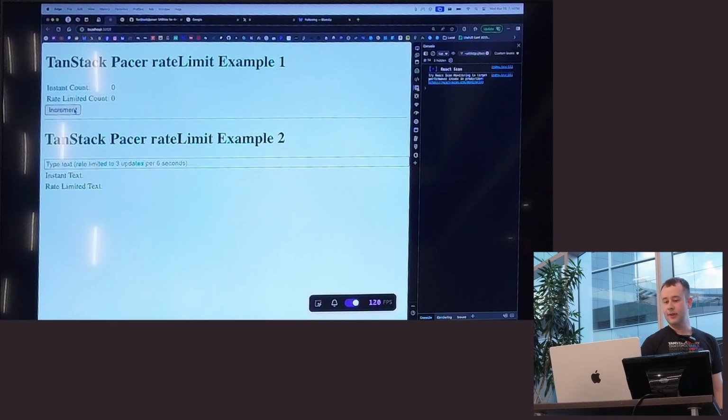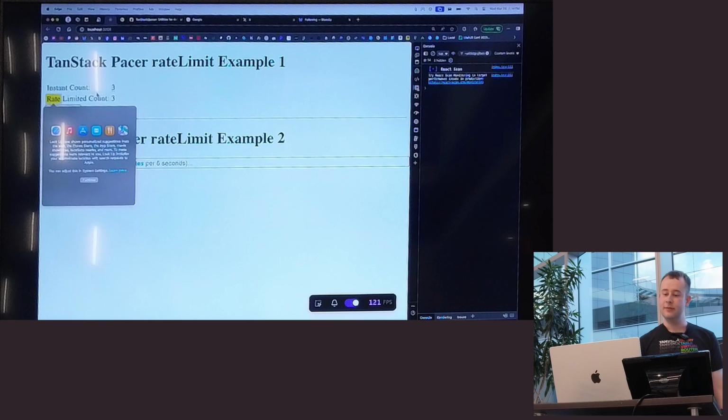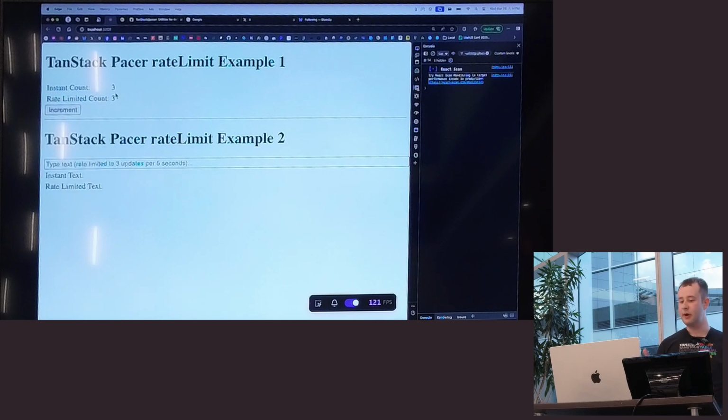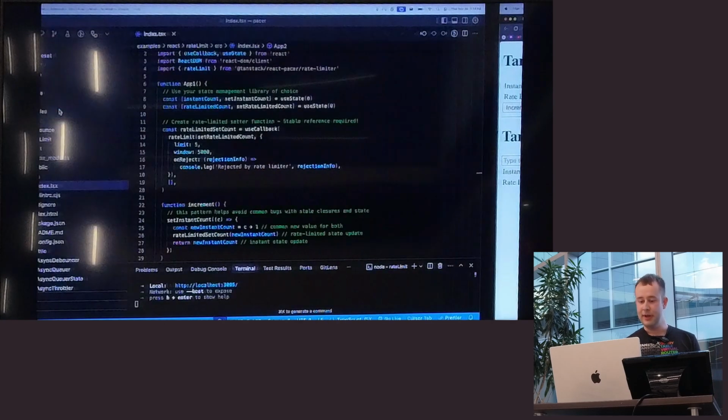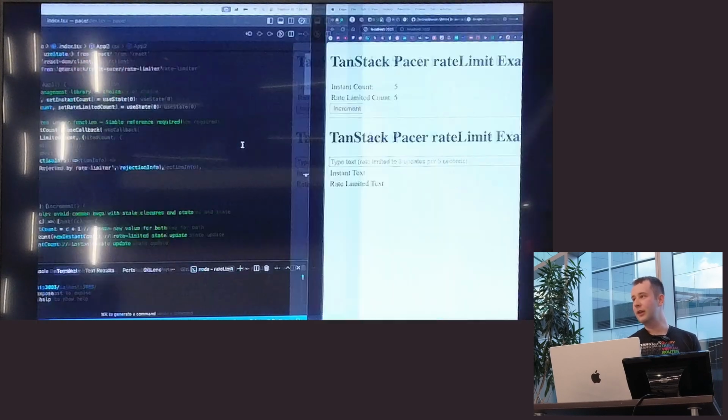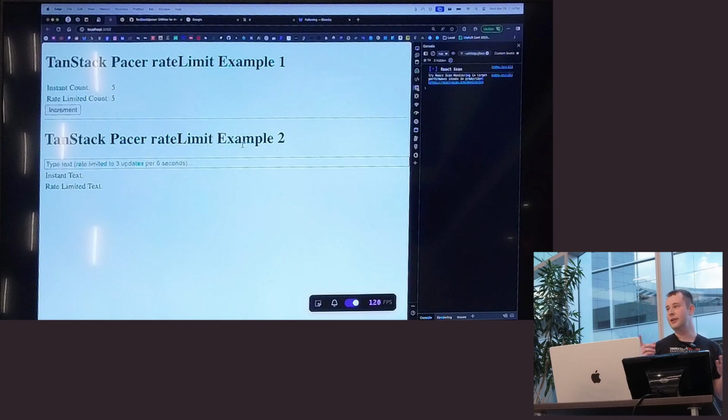The idea is you click this button, we expect our local state to update immediately, but maybe this is state that we're going to be sending to a backend API, or it represents an API call you're going to be sending. So I'm going slow right now, I'm not hitting the limit. The limit is 5 every 5 seconds, so practically, mathematically, almost the same as 1 every second. But you'll see,